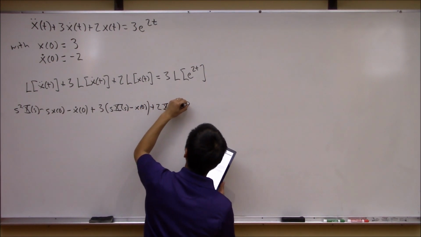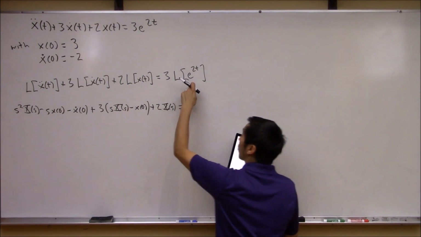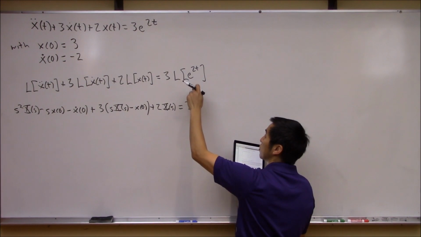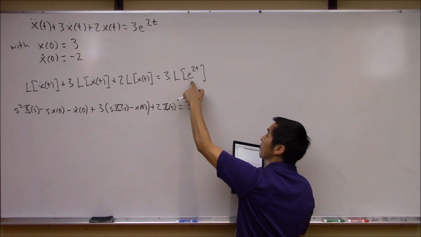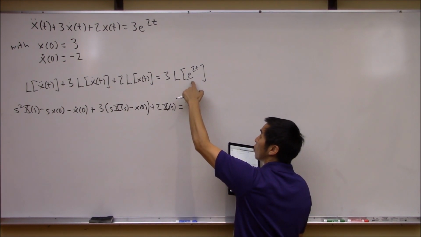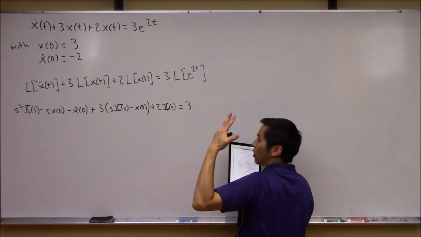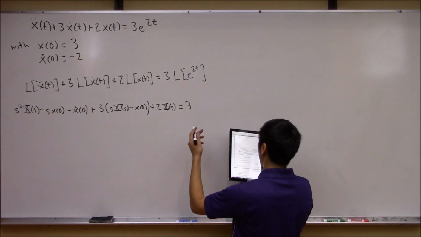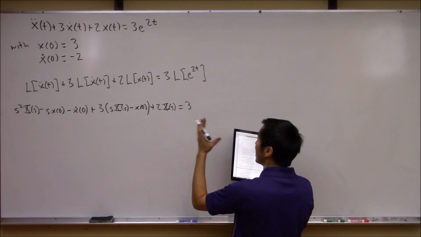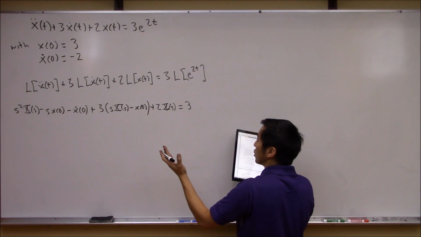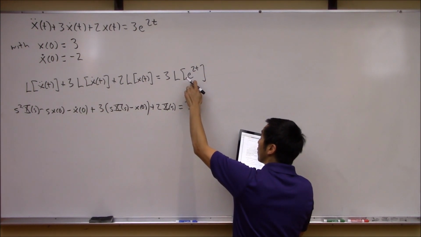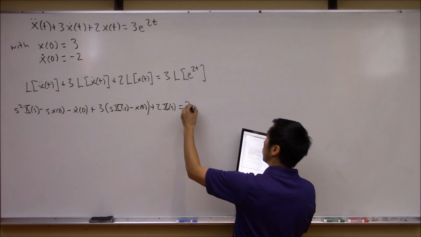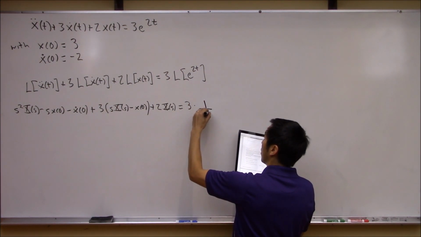Right, okay, is equal to 3 times... now here's where the power comes from. Here, I don't need to guess at what a particular solution is. I just go ahead and perform the Laplace transform, or run the Laplace integral, on this exponential function, which we saw earlier. It's just running an integral, and you can directly calculate that without needing to guess at any undetermined coefficients or anything like this. So this forcing function directly translates via the Laplace transform into this thing,